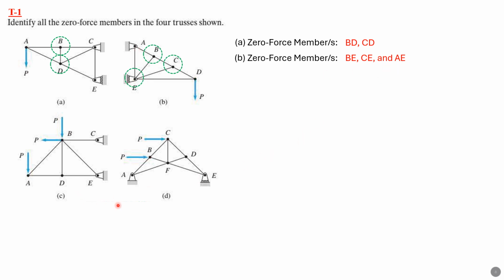Then here, by just taking a cursory look, there's only one zero force member, and that is BD if you focus at D. So focusing at D, BD is 0. Then at part D, only at joint D do we have members CD and DE collinear, so the unique member is DF, so DF carries no force. So that's it for this first problem.